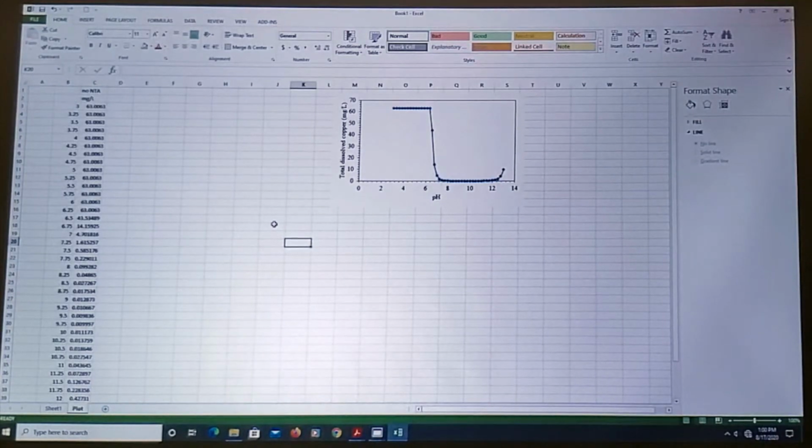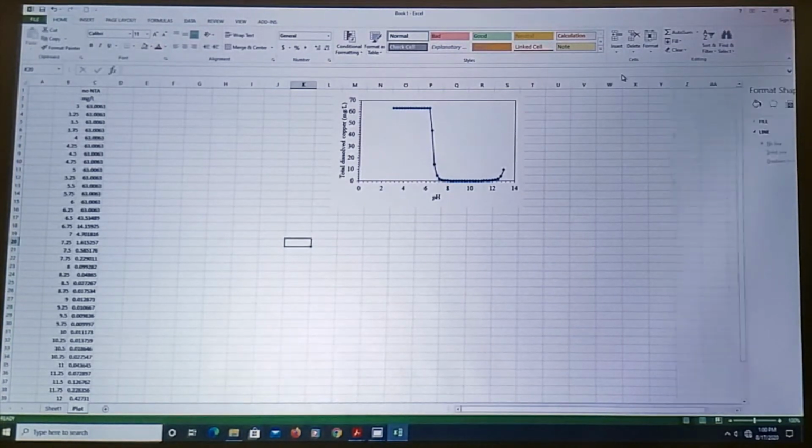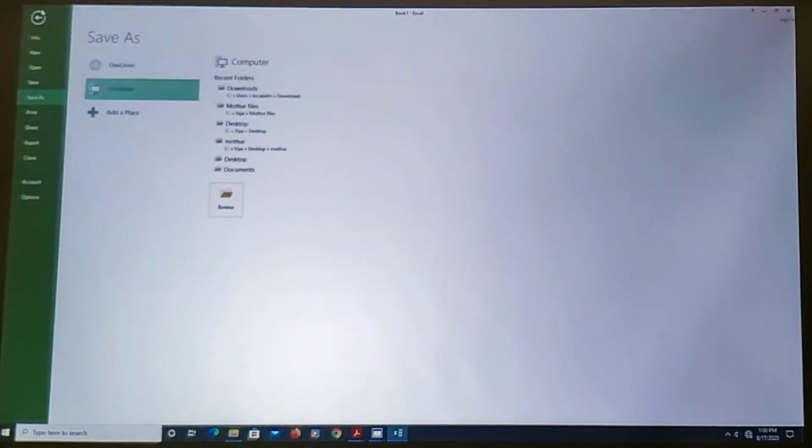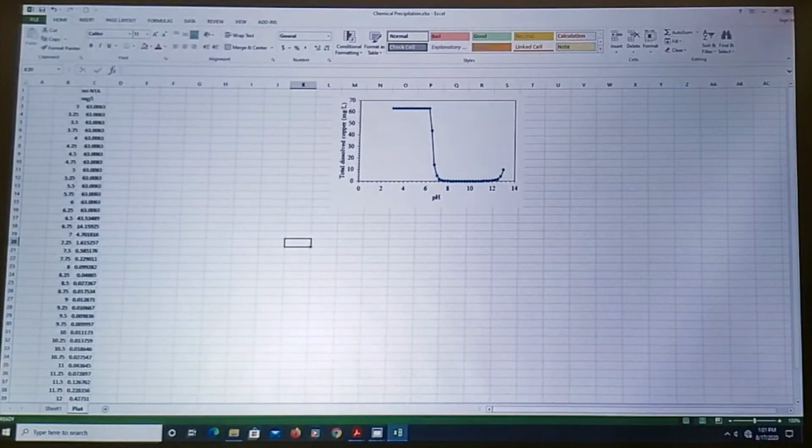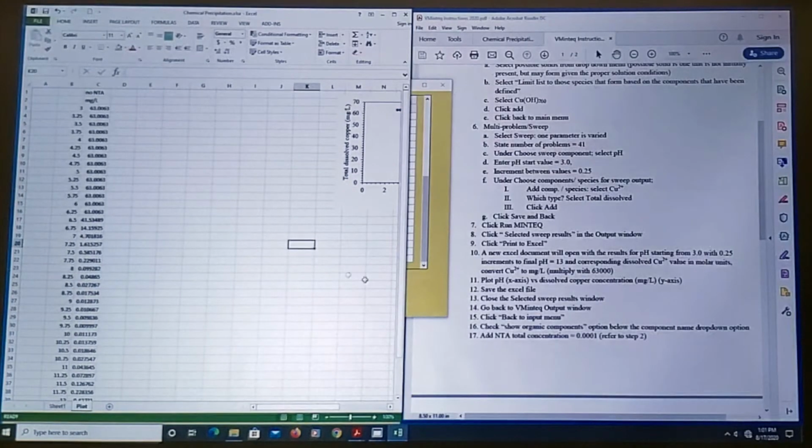Okay, so we ran the first simulation. We added sodium, nitrate, copper. Now we are going to do the second one. Before that, let me save this one. I'm going to save this in desktop. Chemical precipitation. Let's make it smaller. Now, so we finish up to step number 12. Number 13,